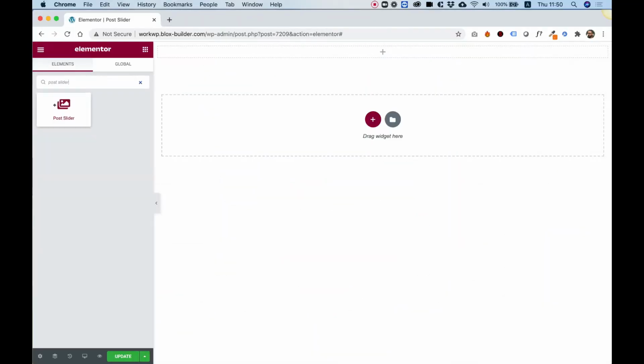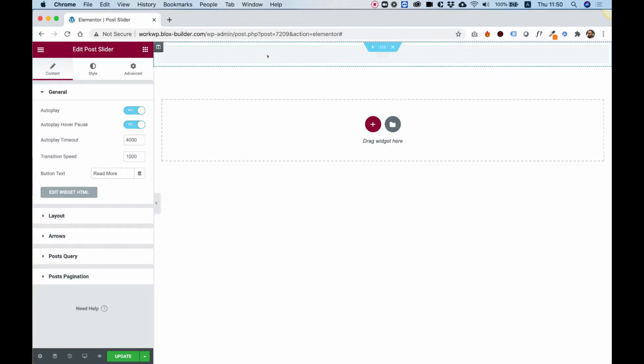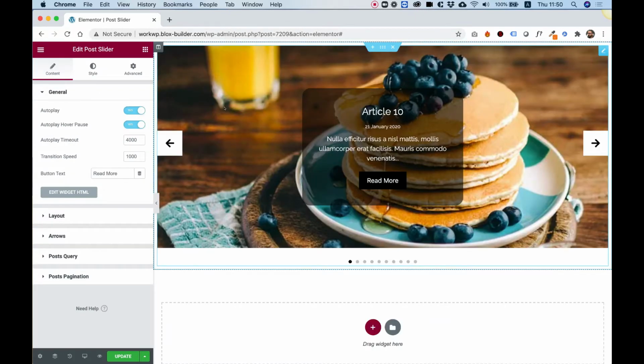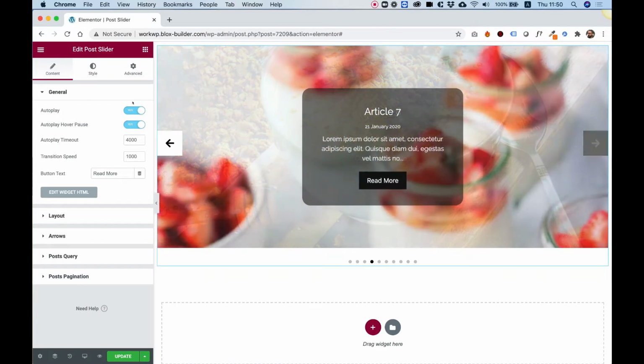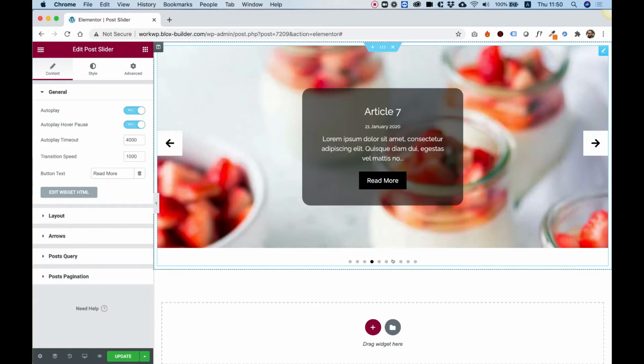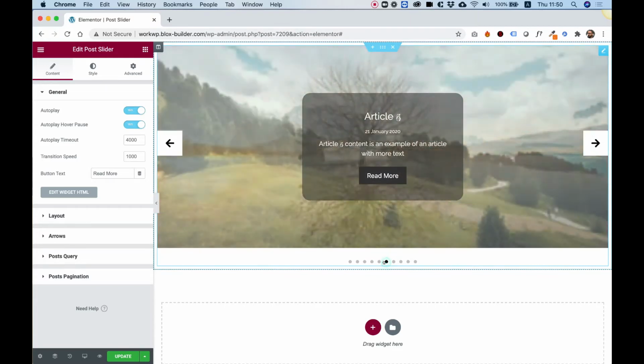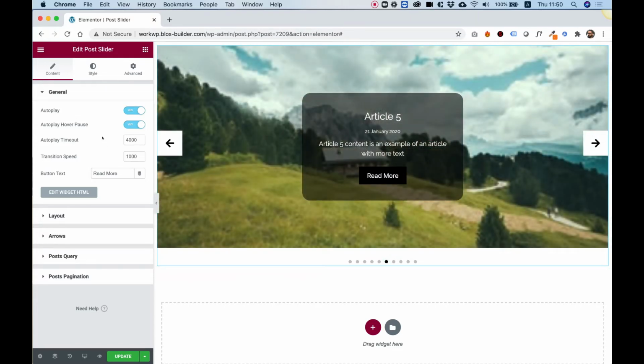To get started, drag the post slider into your Elementor column. What this widget does is present your posts in a slider format that you can navigate using arrows, using autoplay, and using the bullets underneath, which are called dots. I'm going to take you over the settings